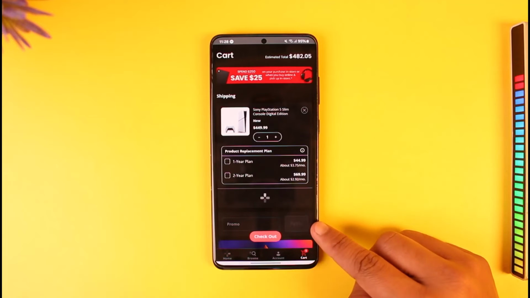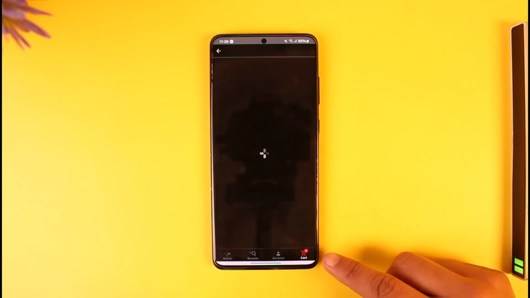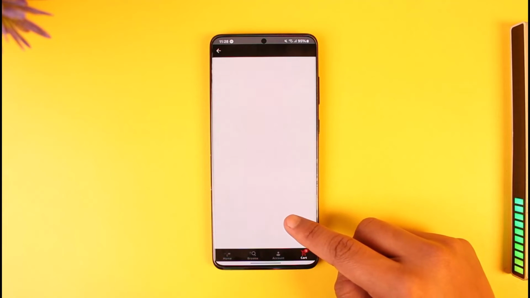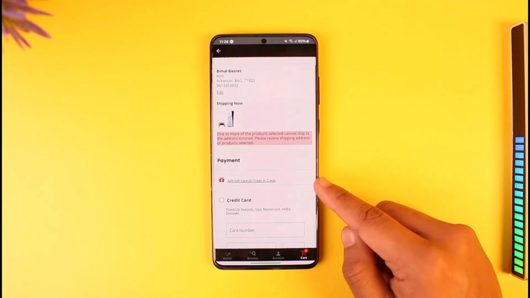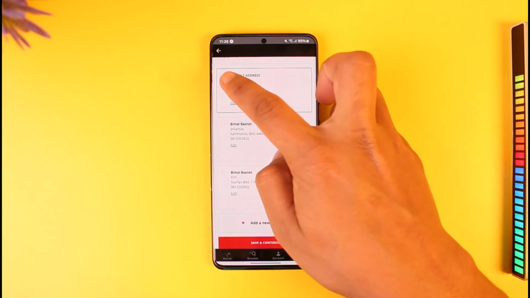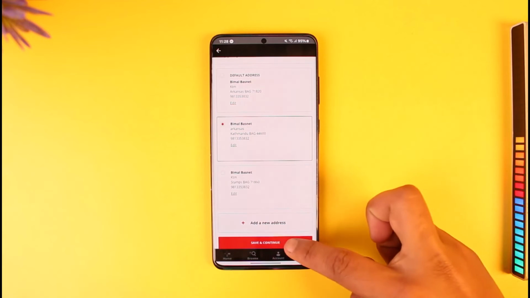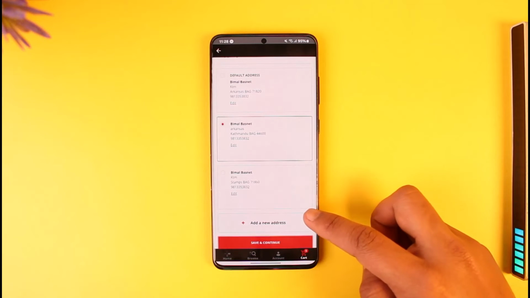Make sure to review the products that you'd like to add over here, and then you can just tap the checkout button. When you tap the checkout button, if you look under this payment tab, you'll see add gift card or trade-in credit. Now you can also just try to change your shipping address over here if you'd like, and then from there you can just go ahead and select that, tap on save and continue,